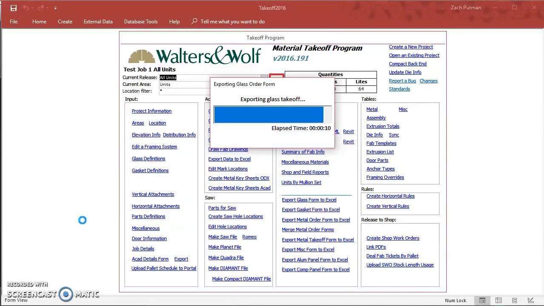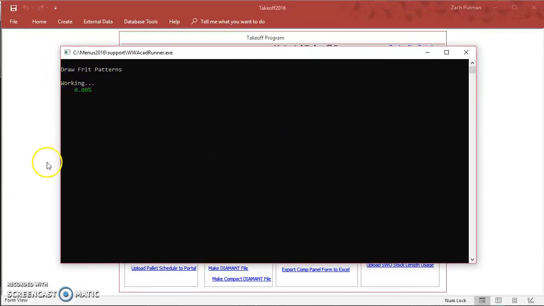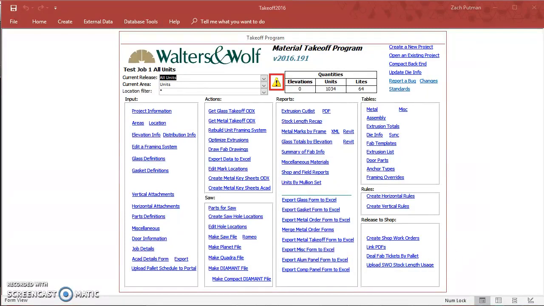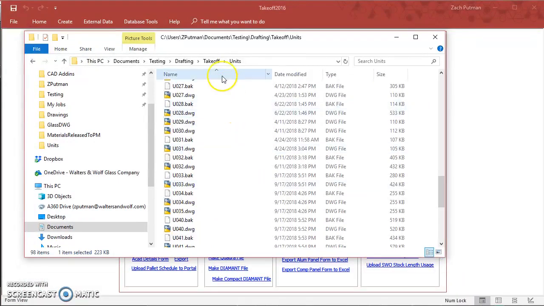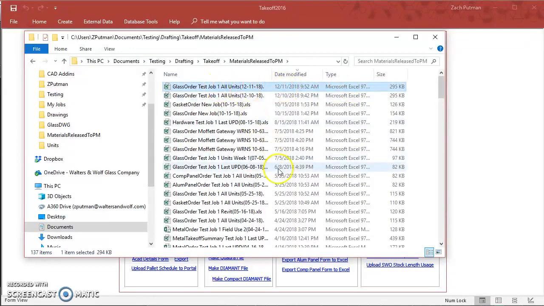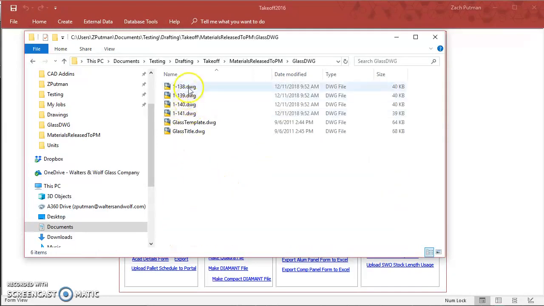Now, if there's Frit patterns in your project, you'll see another window come up, this window here, where it's drawing the Frit patterns. You should wait for this to finish before you start opening your patterns. So they're going to be just like normal pattern lights. They're going to be in the glass DWG folder under the place where you output the glass order form. So this is the glass order form I outputted, and there's a glass DWG folder here with the drawings for only the lights that have patterns or have Frit patterns, or both. So let's open one of these,